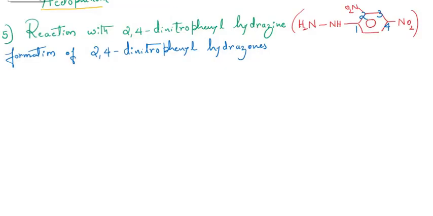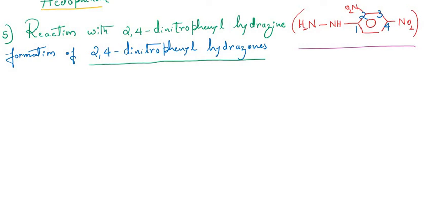So the next one we have is the fifth reaction, that is the reaction with 2,4-dinitrophenyl hydrazine. It has been written here, and after the reaction the products formed are 2,4-dinitrophenyl hydrazones. Now what is actually this 2,4-dinitrophenyl hydrazine? I have written the structure here. I hope you are able to see it. Okay, this is nothing but